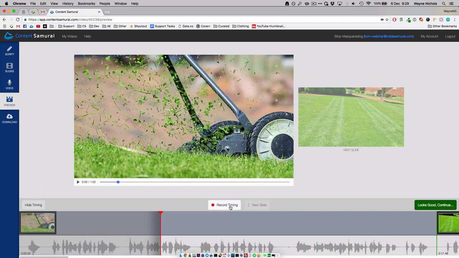So record timing is going to play my video through. And every time I want the next slide to appear, all I have to do is either click the next slide button, which will take the place of the record timing button, or hit the right arrow key. So I'll show you exactly how to do that. So you click record timing,